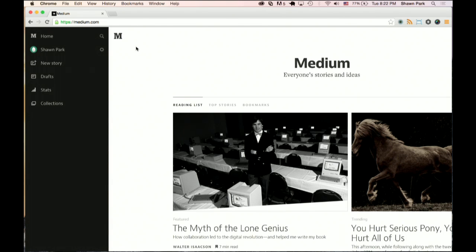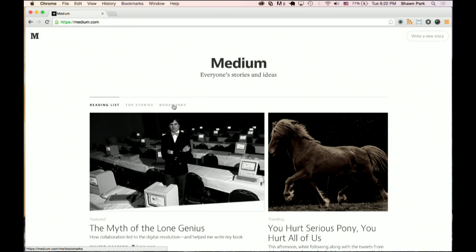Yeah? The content itself has like a top bar? The content? Are you talking about the reading list, top stories, and stuff like that? Yeah, that's a good point too. So if you already have a top bar navigation, you might want to try a different navigation for the main navigation. That's a good point. Any other thoughts?